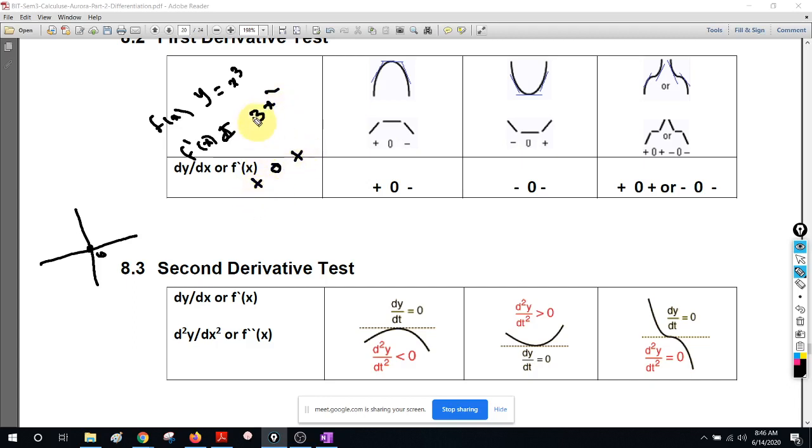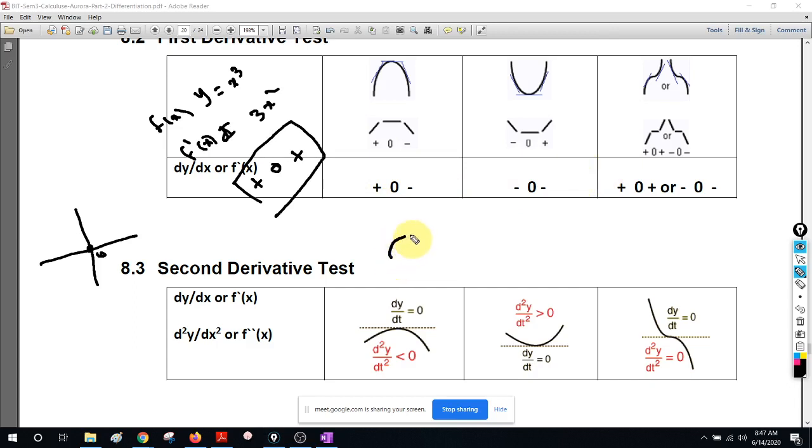Any negative number squared is a positive number, and positive times positive is positive. Now you can see this is a positive, 0, positive scenario. If it is positive, 0, negative, we know that is the maximum. Negative, 0, negative, we know that it's a minimum. But if it is positive, 0, positive or negative, 0, negative, we know that is